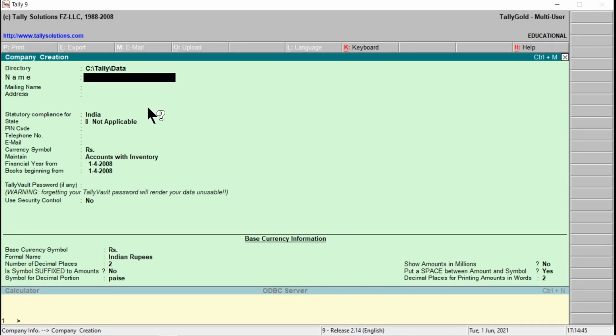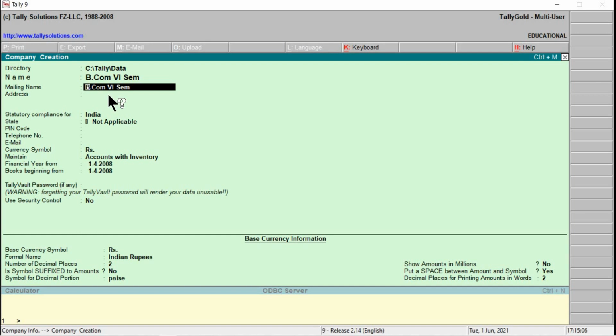Now let's enter the name. I just enter here BCom 6th Sem. Enter. This will take us to the next parameter, the mailing name. We can see that the mailing name and name are both the same.